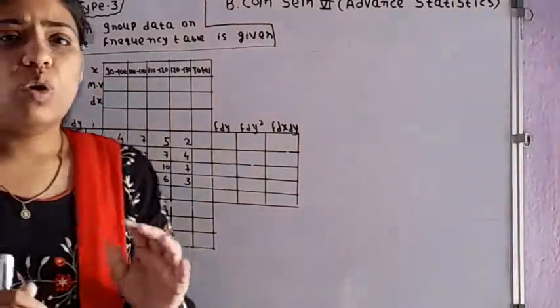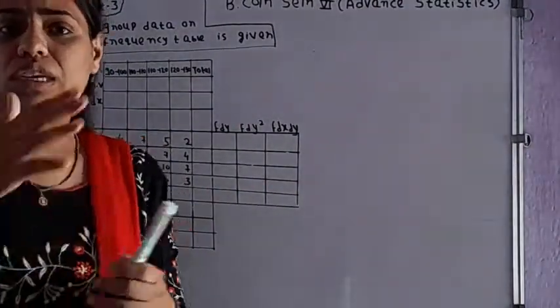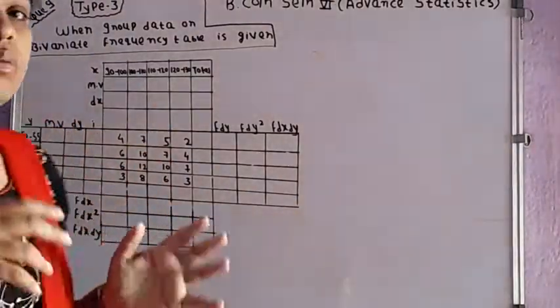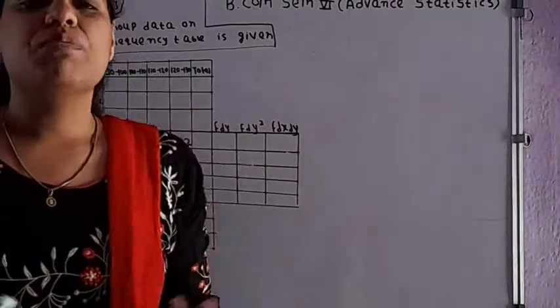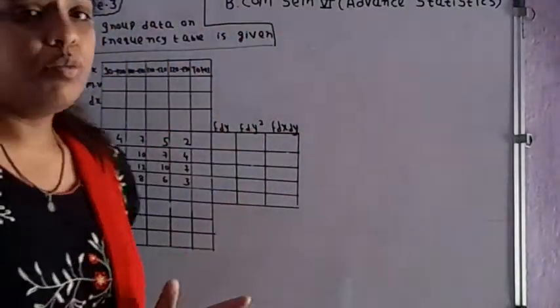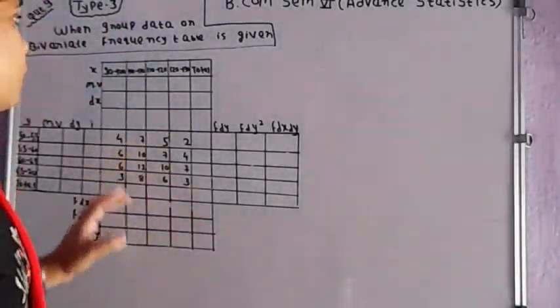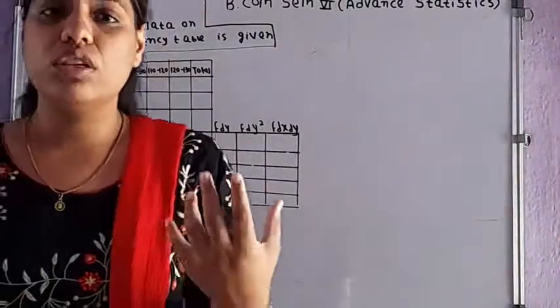When the data is quite large and it's not possible to record each and every observation separately, then this method of using the group data is adopted, whereby a group is made and after that the observations are put into the group as per their characteristics. So this way we have understood what is basically the continuous series or the group data.